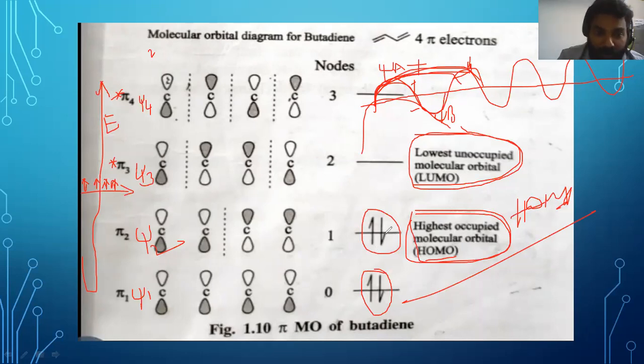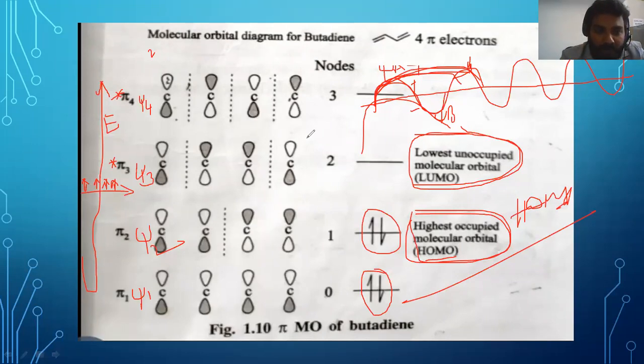But our interest is what? Find out the node. There is a possibility of electrons, or no electrons. Here is the wave function, and that wave function is moving in between the molecule. You find out the node. Node definition is the concentration of electron is 0, the possibility of electrons is 0.